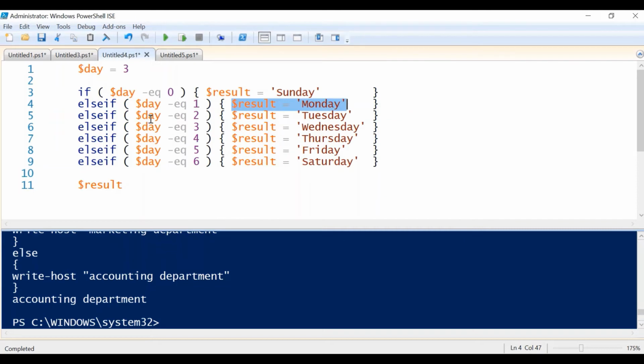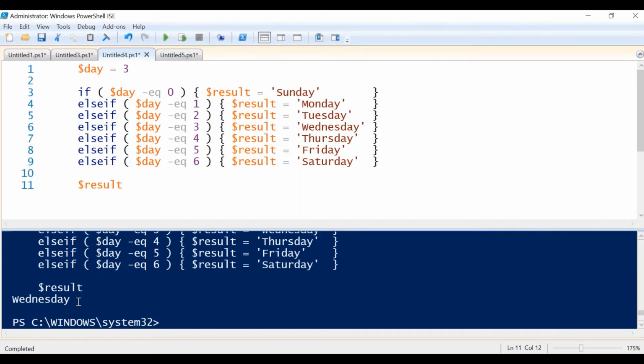As our day value is 3, line number 6 is executed and the result variable is assigned the value Wednesday.